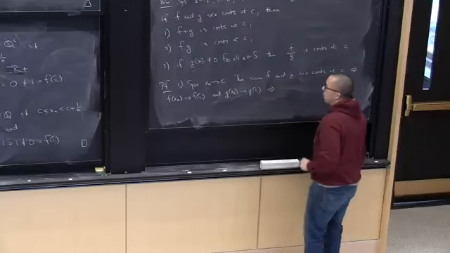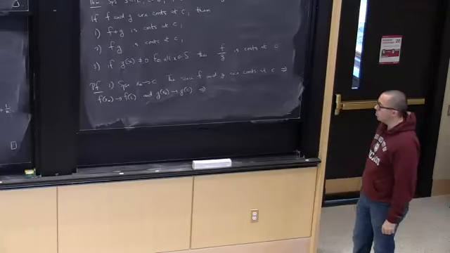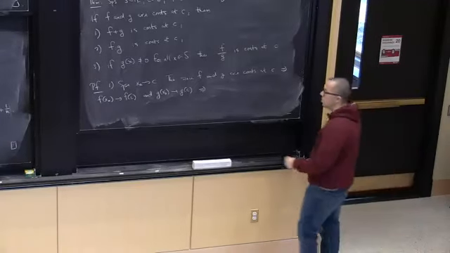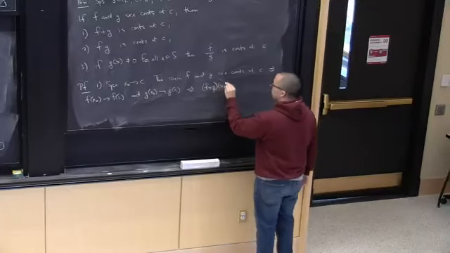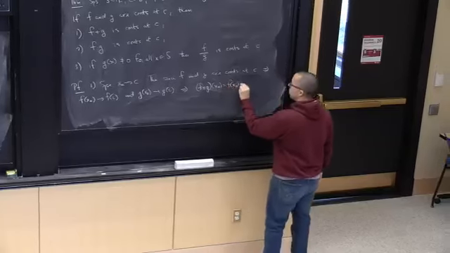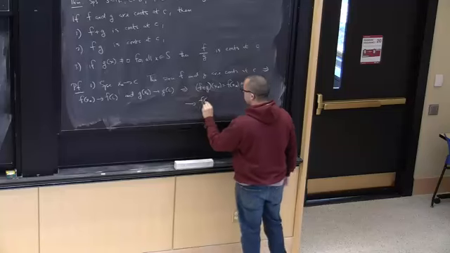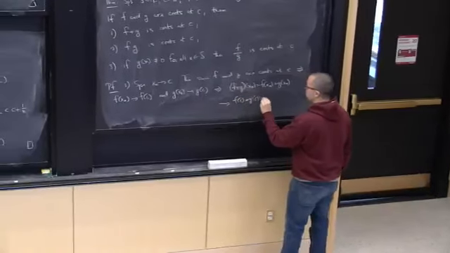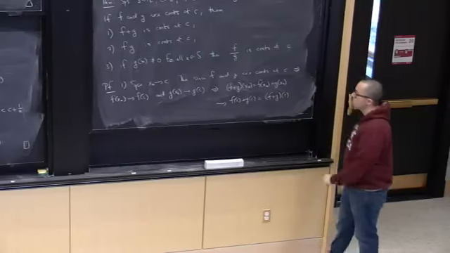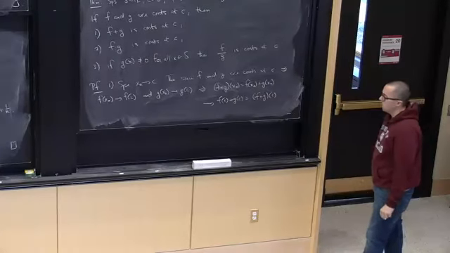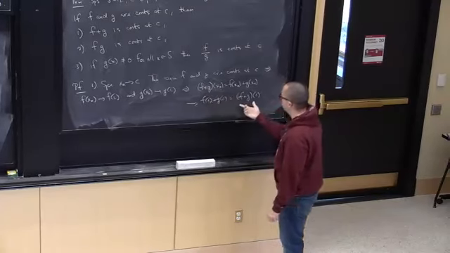And therefore, by the theorem we proved several lectures ago that the sum of two convergent sequences converges to the sum of the limits, you get that f plus g of x_n, which is f of x_n plus g of x_n, converges to f of C plus g of C, or the function f plus g evaluated at C. And that's it, right? We've now shown that for every sequence converging to C, (f plus g) of x_n converges to (f plus g) of C.